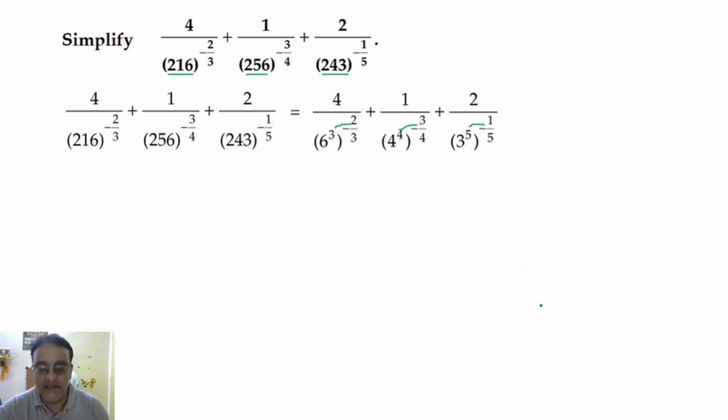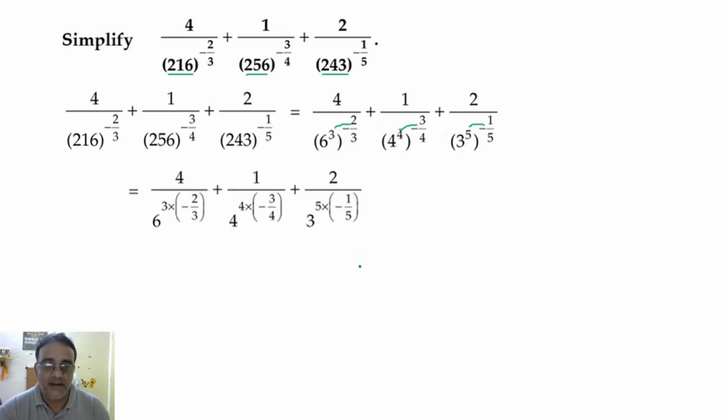Mute कर लो अब. So we are going to do the product of these two powers. यहाँ प्रोडक्ट कर दें. Which property we have used? This one. Now see, जब हम लोग multiply करेंगे, this 3 will be cancelled, this 4 will be cancelled, and this 5 will be cancelled. So what is left over here? 6 to the power minus 2. Here 4 to the power minus 3. Here 3 to the power minus 1.